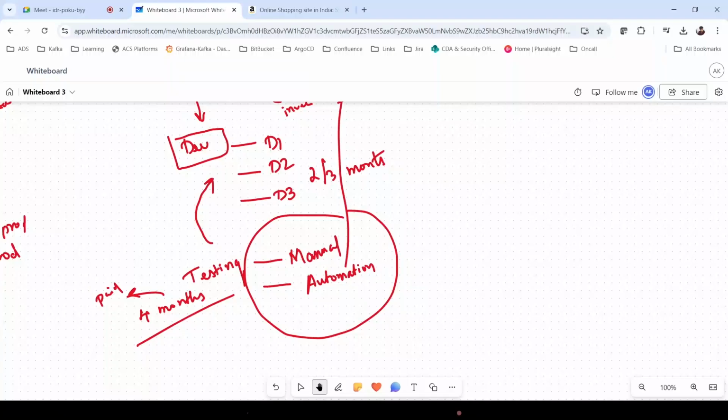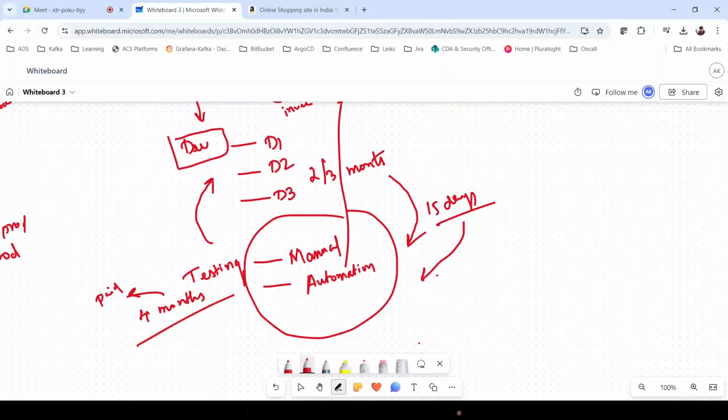Again the dev team will fix all the issues, and it depends on how critical the issue is. Once the dev team fixes the issue, they will come back. Let's consider it as 15 days. Again, this new code developed in 15 days will be tested by the testing team. So this will become like a loop, and it will consume lots of time. In the meanwhile, they will be spending like 6 to 7 months.